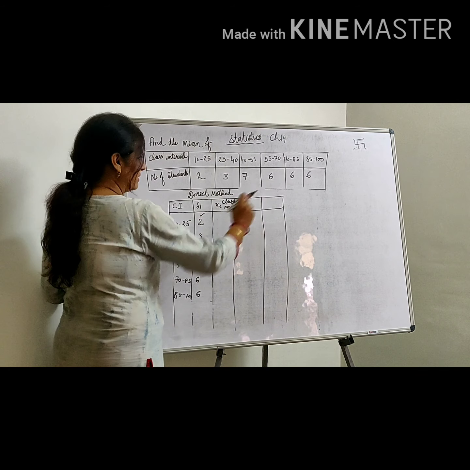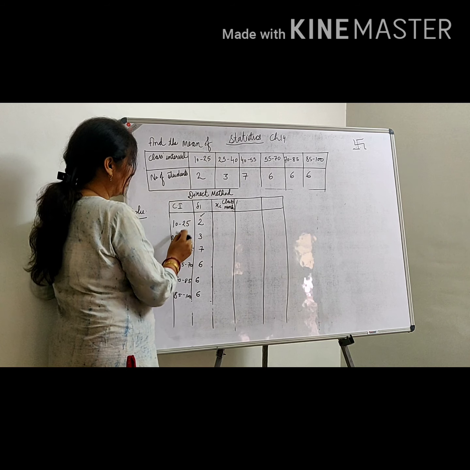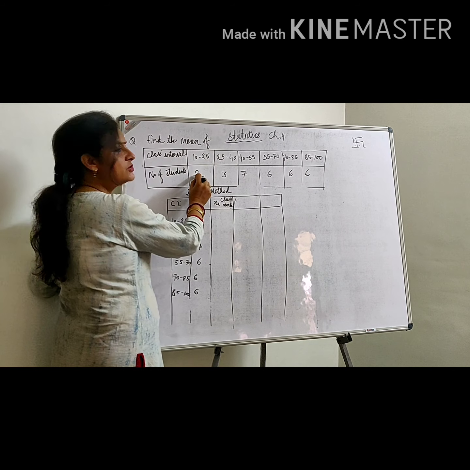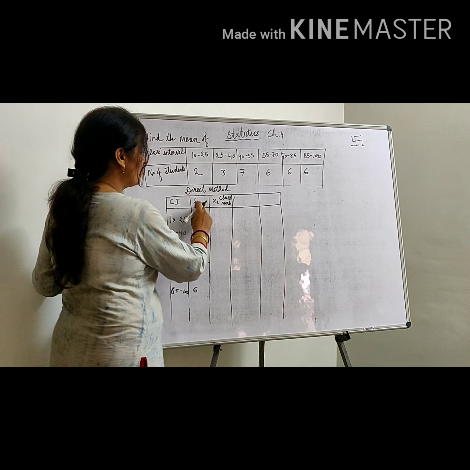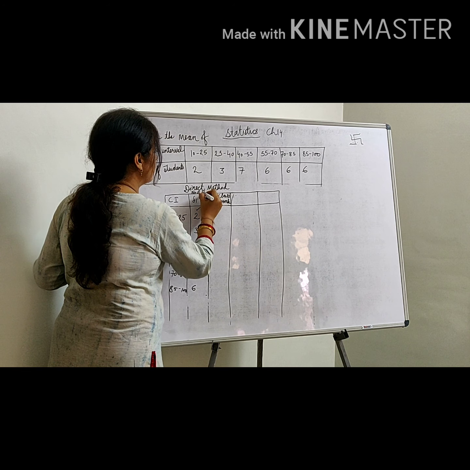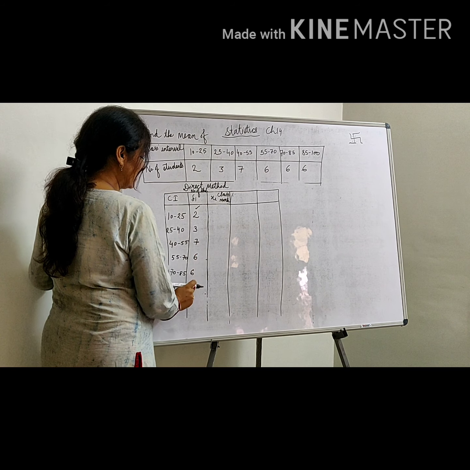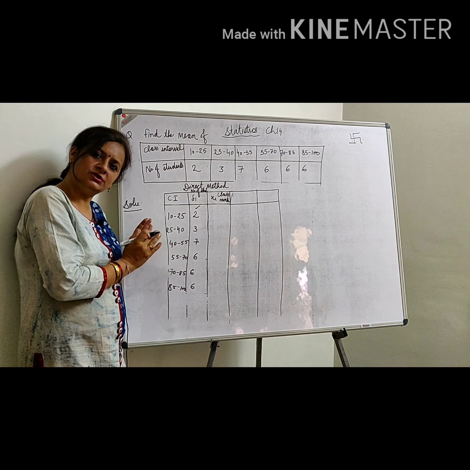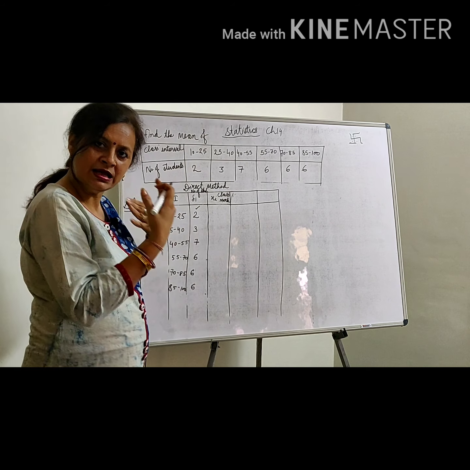For this you have to make the table. For the class interval, you have to write 10 to 25, 25 to 40, 40 to 55 and so on. Then the number of students is always denoted by the frequencies. So this is your frequency. You may write down here for your convenience that this is your number of students. So this is 2, 3, 7, 6, 6 and 6. The board says that if you are writing the table up to this step only, then you will not get any marks unless you do the next step.